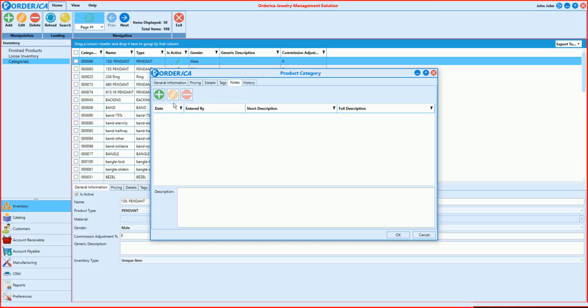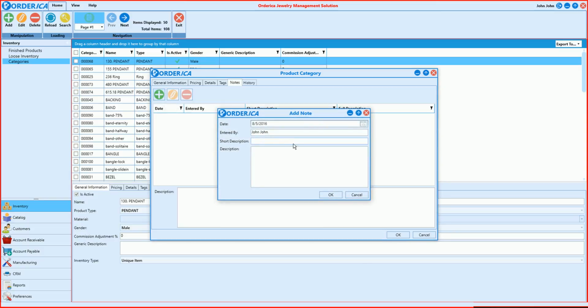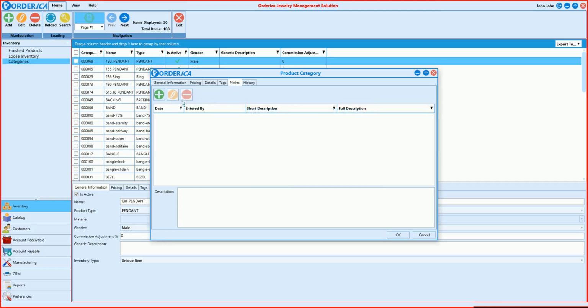On this tab, you can create any notes that you want for this category to view later. To add a new note, simply press the green Add button in the top left. Enter in a short description that serves as a title for the note, as well as a long description for the note itself. Then press OK. You can use the yellow Edit button and the red Delete button to configure your page of notes. The last tab is the History tab,